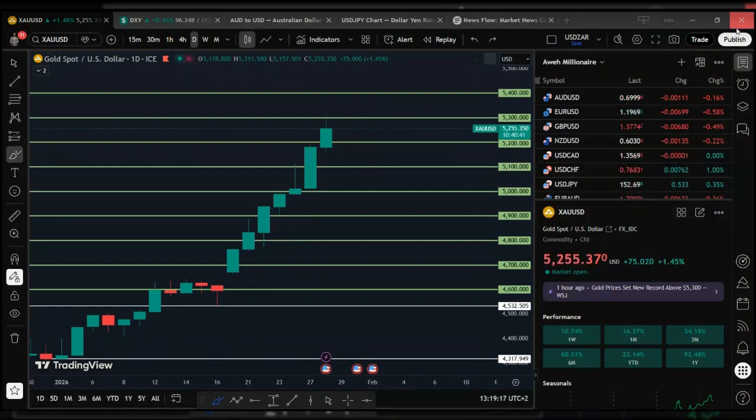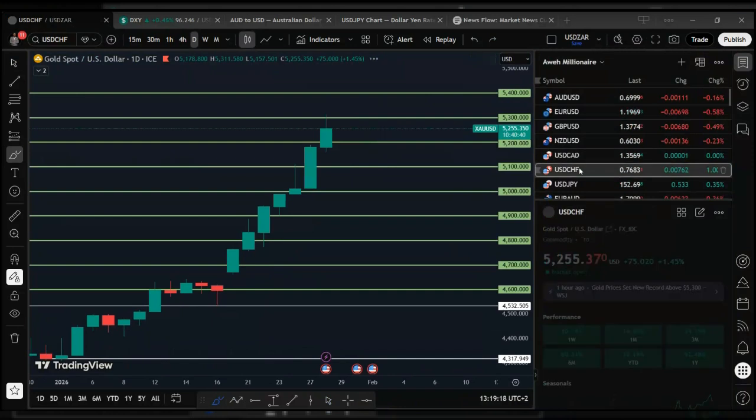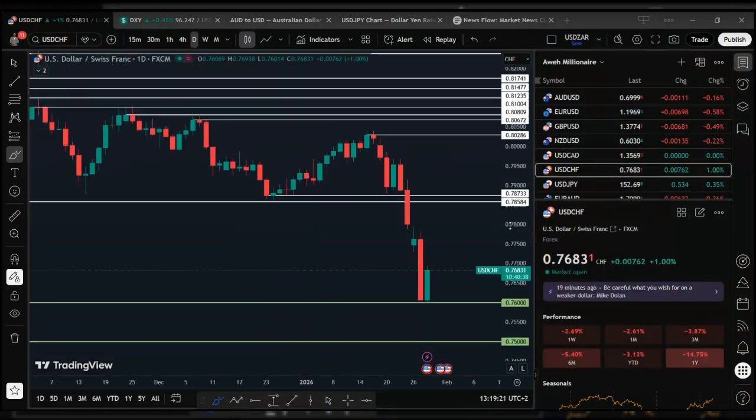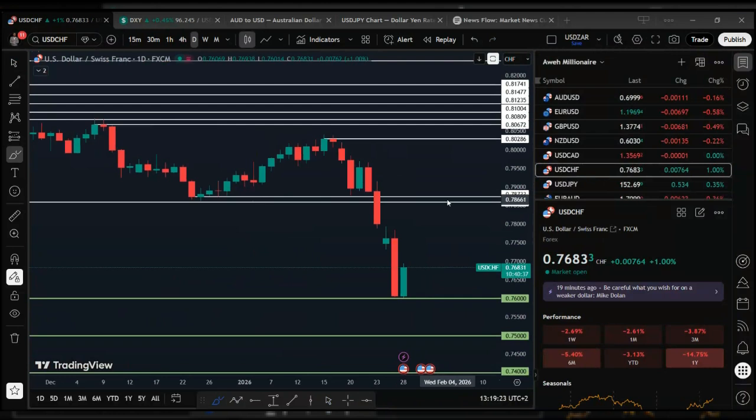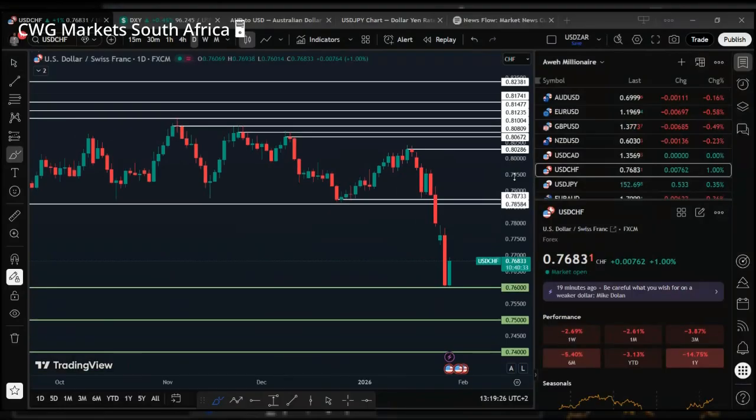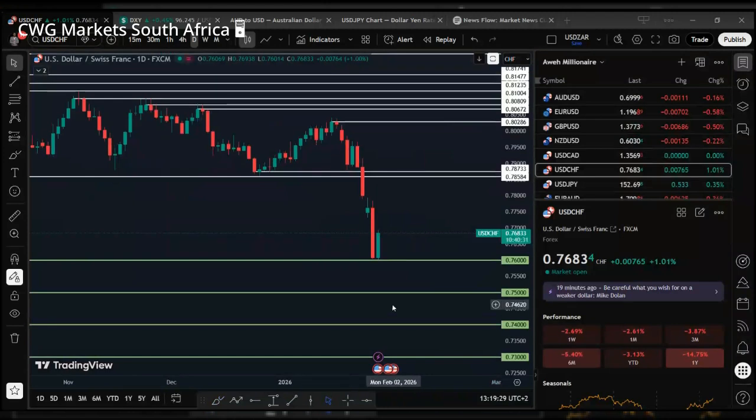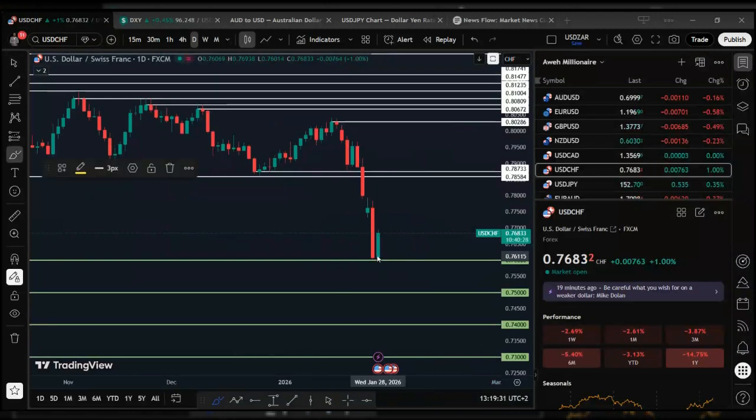Next, what we'll look at is dollar Swiss, USD CHF. As you can see, momentum is to the downside over here. Price has come to test our psychological support at the 0.76 level, where a bounce off this level could see a pullback in this downward move, or potential start of a reversal back up to a previous support, which is now a resistance zone at the